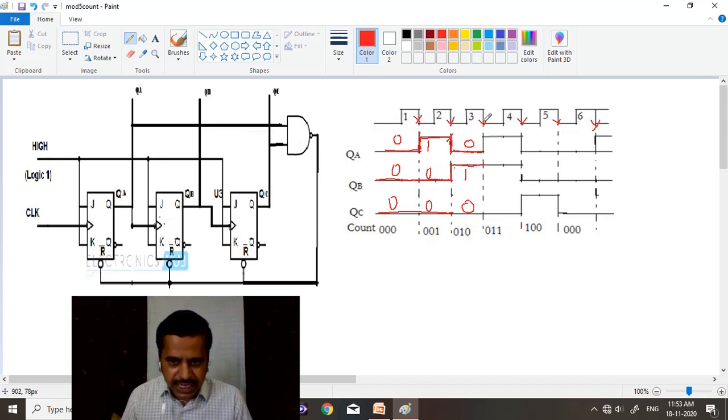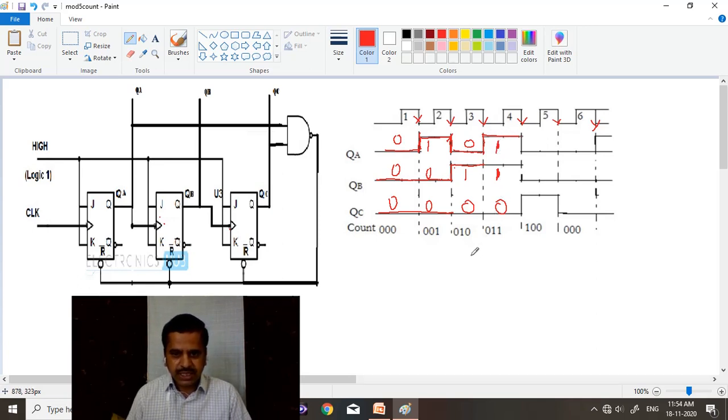When the third falling edge of the clock pulse is applied, the first flip-flop again changes state from 0 to 1. When it goes from 0 to 1, the second flip-flop does not feel it as a clock, so it does not change state, it remains 1. The third flip-flop sees no change either, it does not feel it as a clock, so it remains 0. At the end of the third clock cycle, the counter output becomes 1, 1, 0.